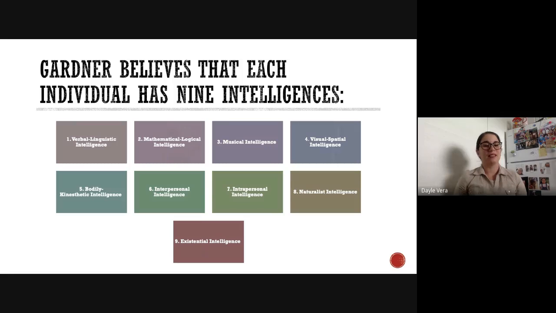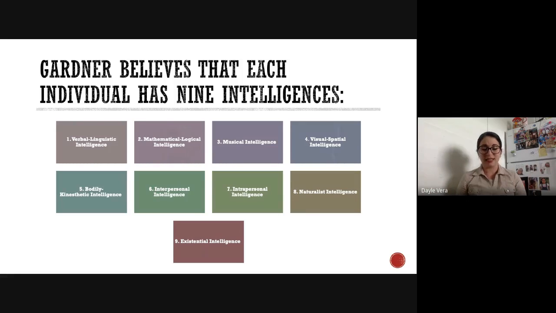Number 5 is the kinesthetic intelligence, and this has to do with people that play sports. So people that are very, very sporty may qualify really high at this type of intelligence, and it's normal because it's their ability to move the body, to control one's movements, and some people are just really good at it.